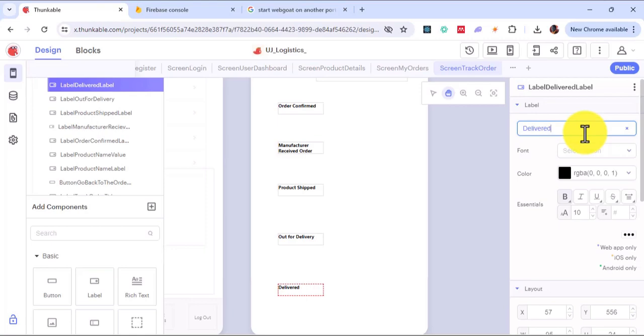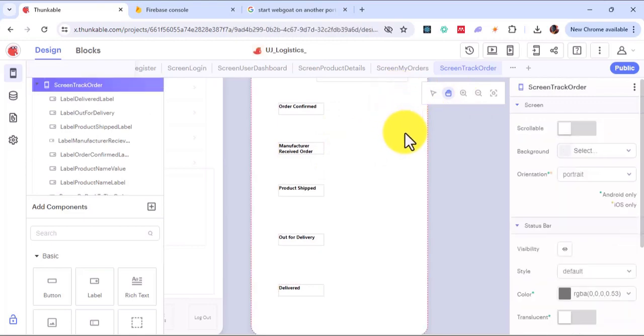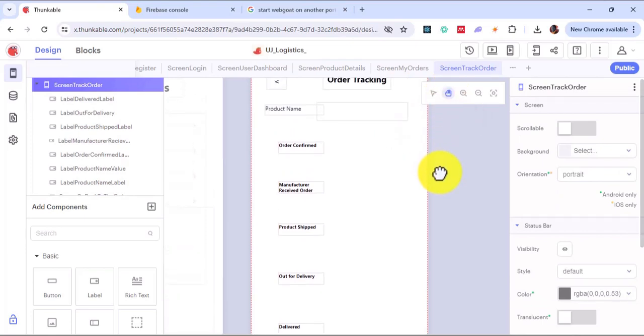So now that I've been able to do that, let us now go ahead to import our images. All we just need to do is very simple. Once we get to this page, number one, check if the user is signed in. If they are not signed in, then take them to the login page, and if they are signed in, then you should display this flow based on the status of their order. So let's go